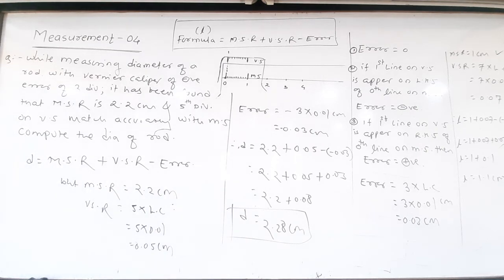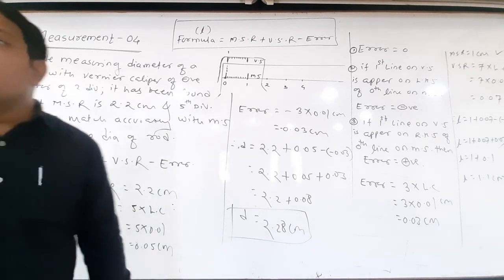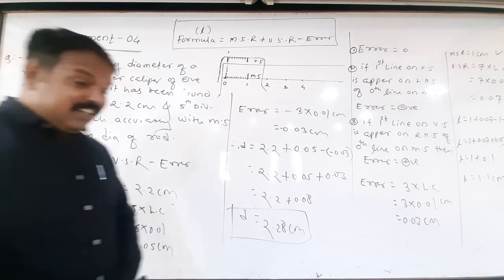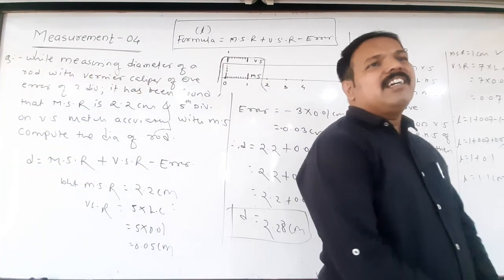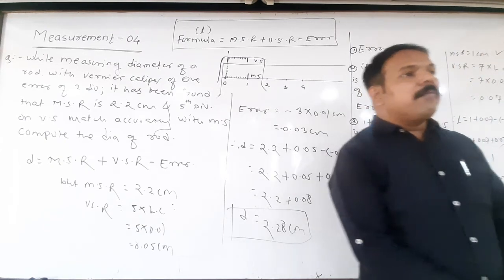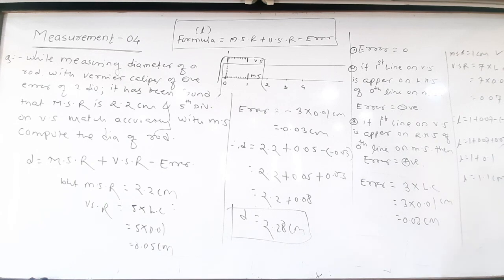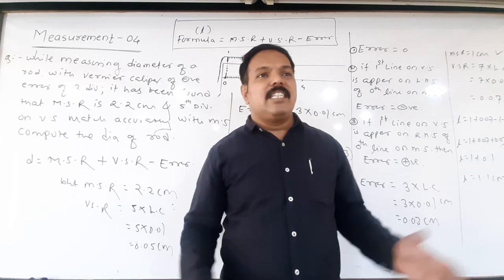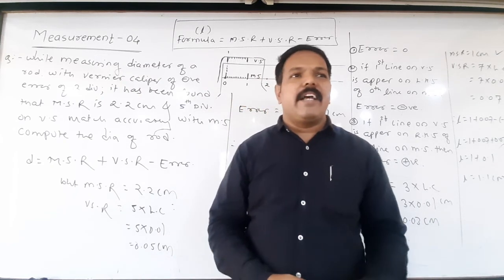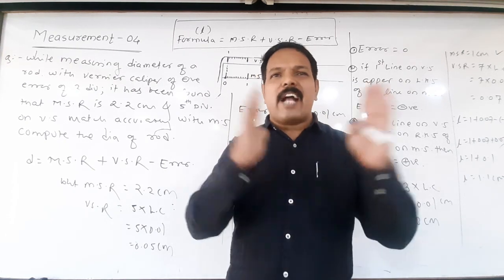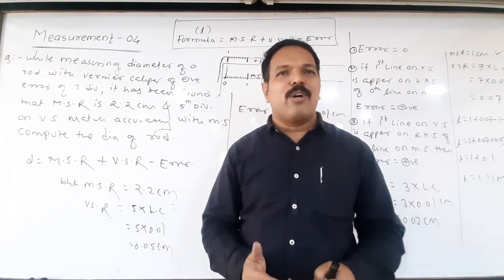See here, how to measure length by using a vernier caliper. Very interesting, and this is also important in our day-to-day life, because by using the device we can measure length accurately. Any doubt? Okay, so I think this is enough for this lecture. Now in the next lecture we have to study another device called the screw gauge, which is more accurate than the vernier caliper. Okay, thank you.